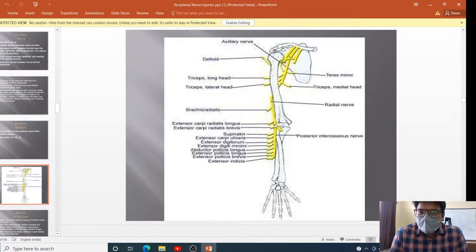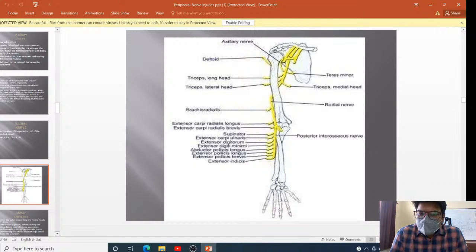And starting from extensor carpi radialis brevis, all the extensors on the dorsal aspect of the forearm are supplied by the posterior interosseous nerve, like extensor carpi radialis brevis, supinator, extensor carpi ulnaris, extensor digitorum, extensor digiti minimi, abductor pollicis longus, extensor pollicis longus, extensor indicis. Okay, and the superficial radial nerve remains between the brachioradialis and extensor carpi radialis longus, and